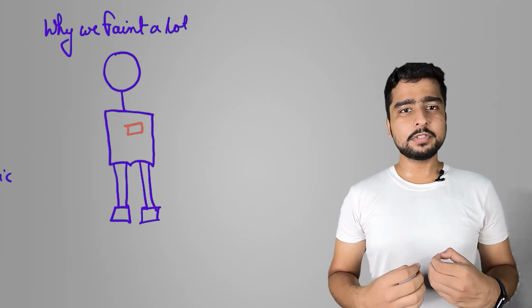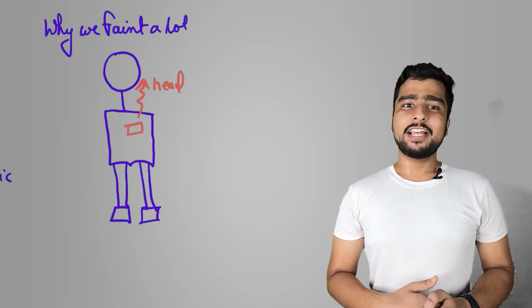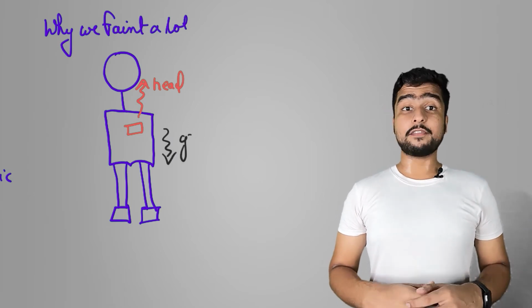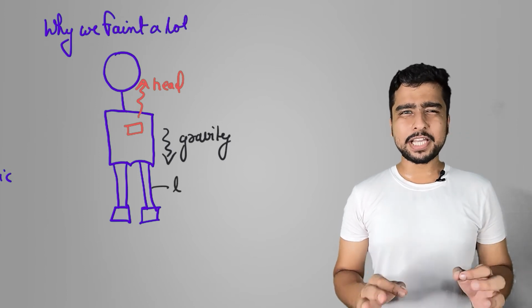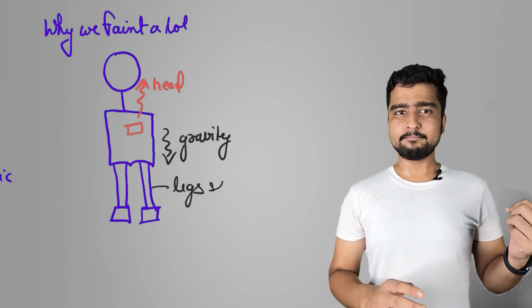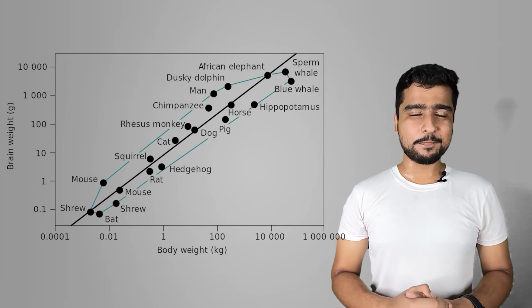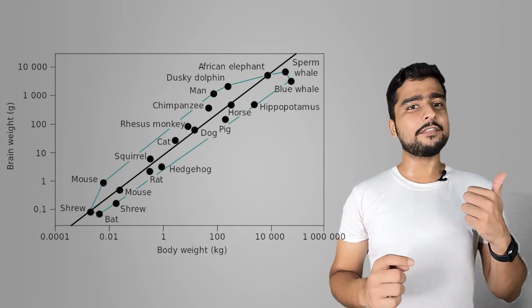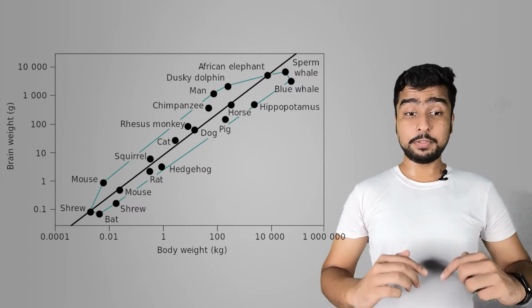Now, why are we humans so prone to fainting? The reason is, first, we have a straight posture. Our head is really up. But that's not the primary reason, because if you see giraffes, they also have a long neck and they have a lot more circulatory problems, because if they put their head up or down too fast, they are going to face a problem. But we humans not only have a larger brain, we also have a straight gait